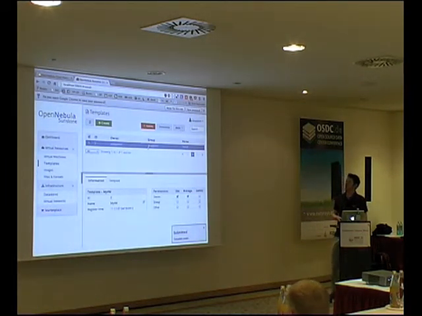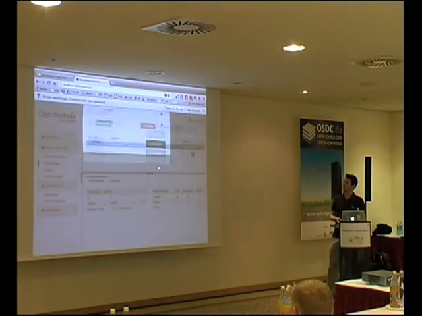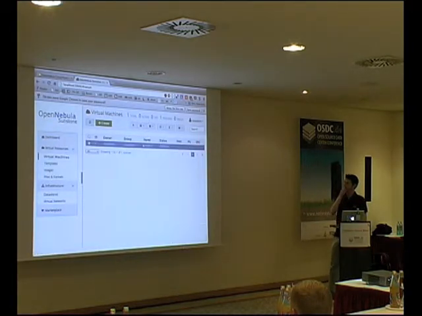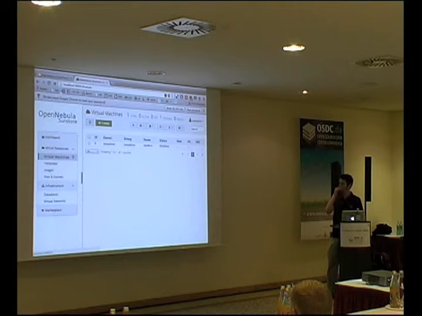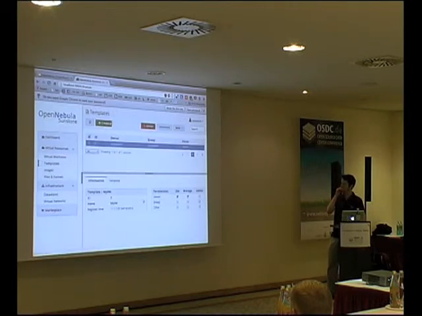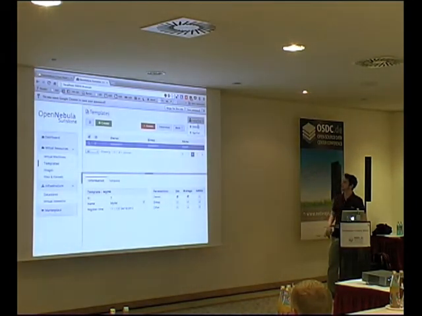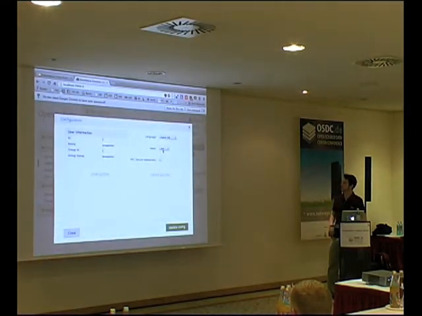Okay, so once I have my virtual machine template, I can choose to instantiate it. Once I instantiate it, it will become a virtual machine in the pending state. Now the scheduler is trying to find a place for this virtual machine, attending to its capacity. I didn't show it because I don't have permission. So if I go back to the admin view,